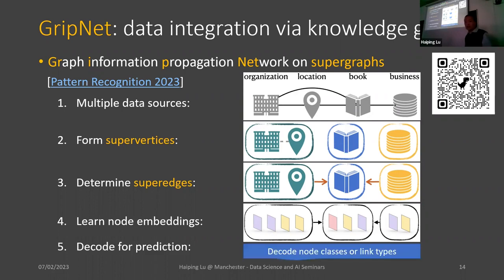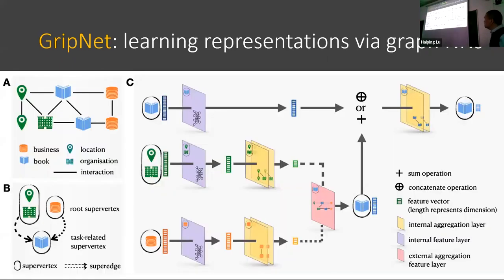After that, we learn their representation. Remember the 2D matrix for the atoms and for the protein; here it is similar. After we learn the representation, we have a decoder for the prediction problem. For example, we can classify the node classes, or we can predict the link types, that is, what kind of relationship they have, or what type of node it is, whether it is a fiction book or a romance or whatever. So this is the overall flow of how we do the learning.